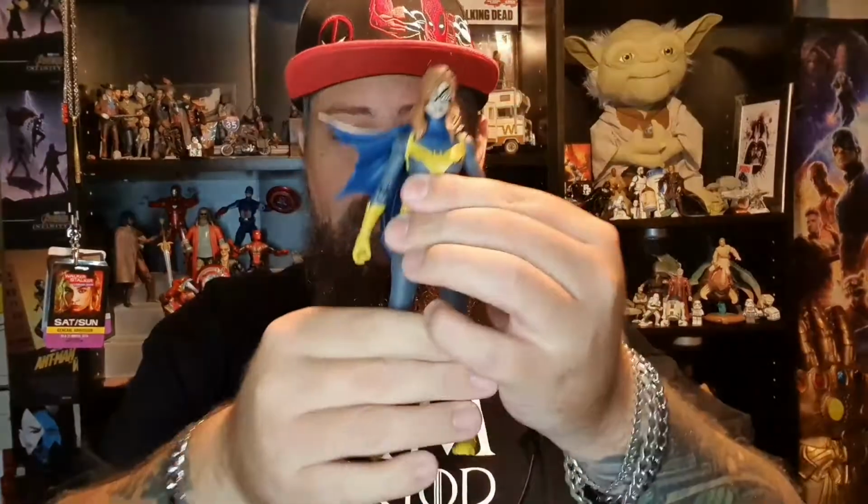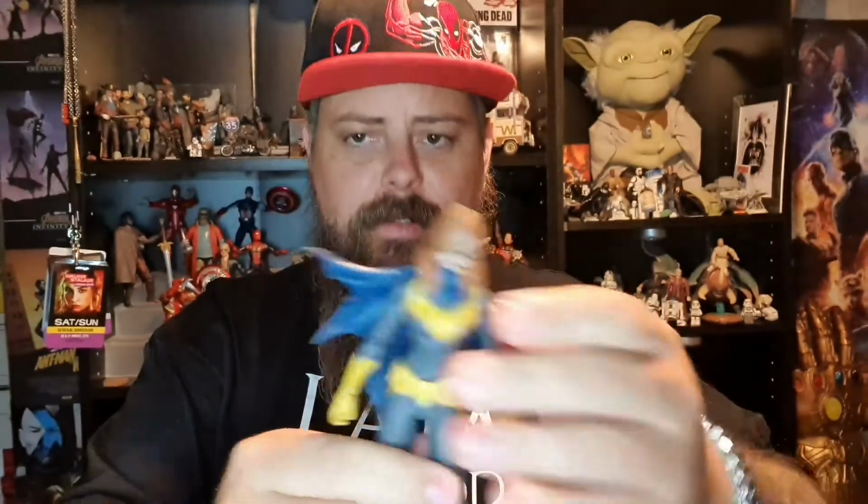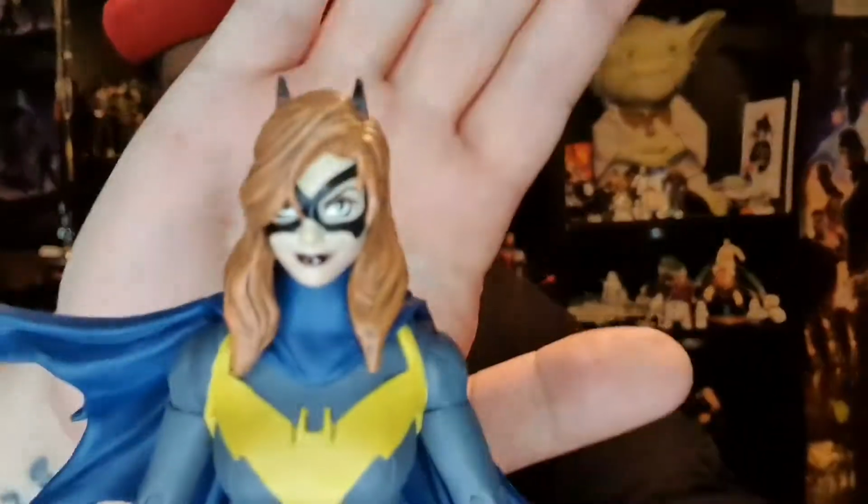Oh, she looks really difficult to get out. We've got Barbara out of the packaging, and again, 7-inch scale figure. Oh, she looks massive, like really tall. Wonder if she'll scale with the others, because this is a comic book run. 2 of them are from a game. We'll have a look. But first thing,